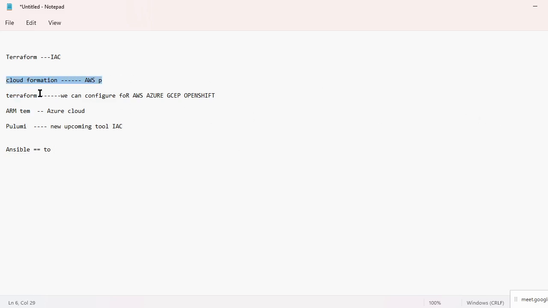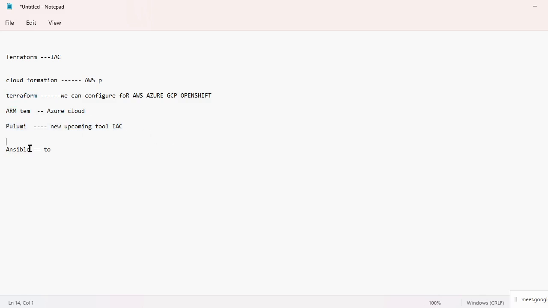By Terraform we can configure AWS, Azure, GCP, OpenShift, IBM, Oracle, Linode, Alibaba, any of the clouds, by installing the plugins. ARM is only for the Azure cloud, and Pulumi is the upcoming tool, competitive for Terraform. Still it's not into the market to use.